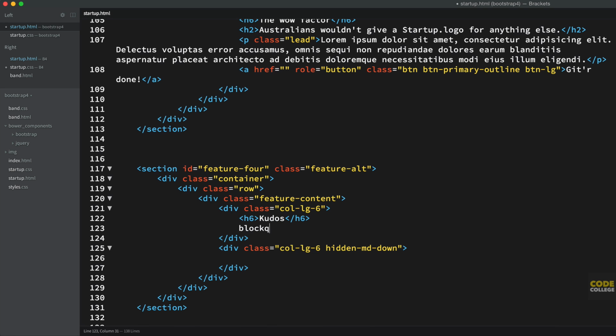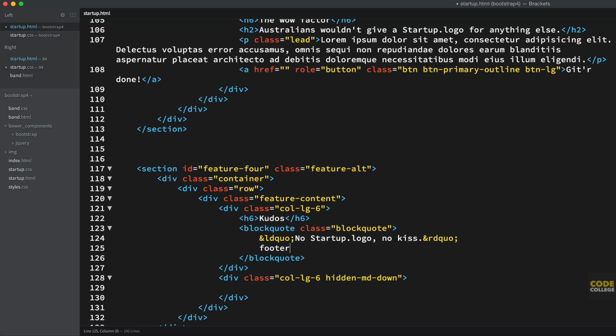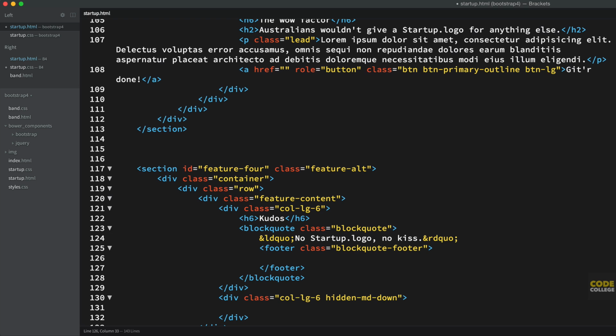And then blockquote with the class of blockquote. In that, we're going to have the HTML entity &ldquo;, which is left double quote, then &rdquo;, right double quote. Then we're going to have that footer with the class of blockquote-footer. And in there, we're going to have